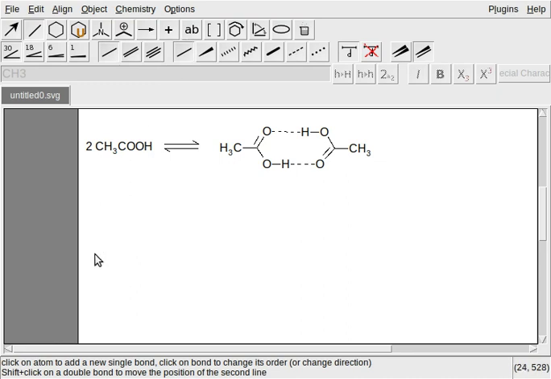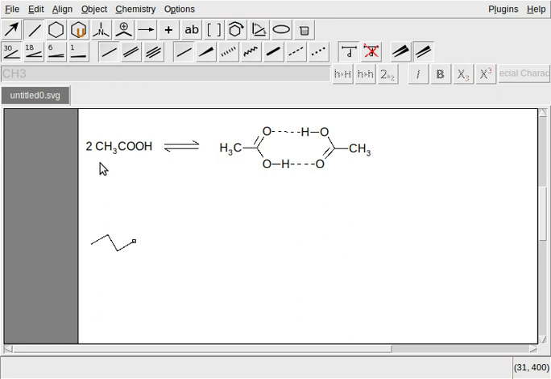Normal. So we draw the butane structure first. Butane. Then make it iodobutane. This.